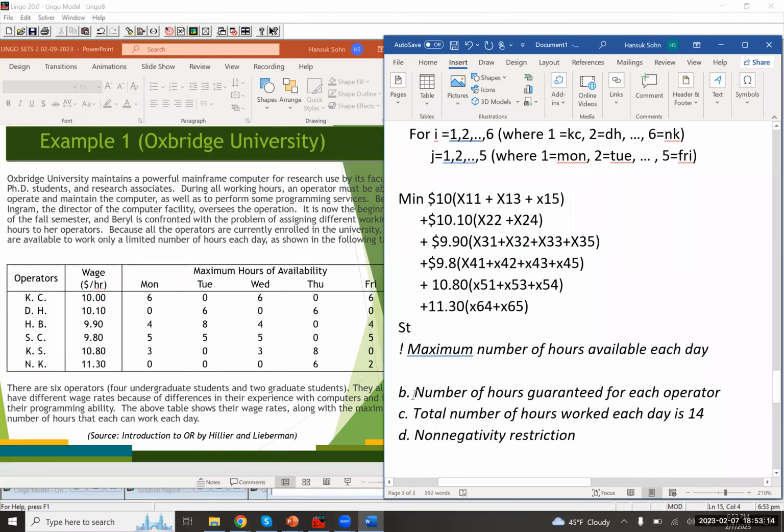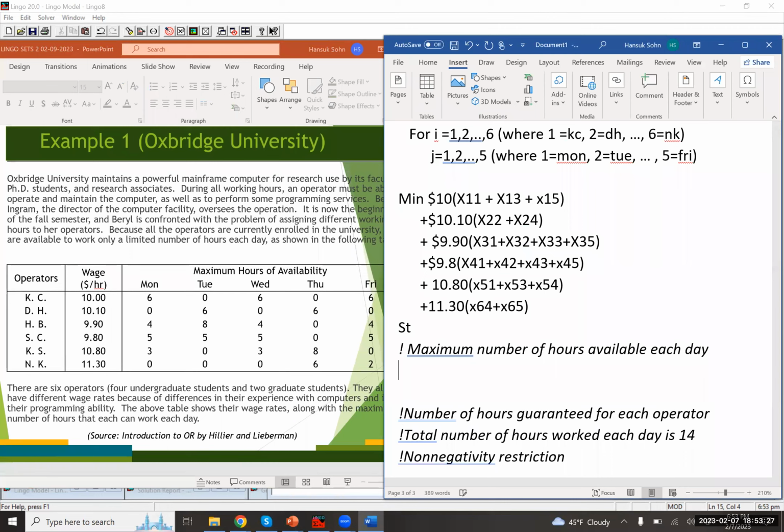So that's the comment. Likewise, I'm gonna put asterisk. Okay, so our first constraint is basically